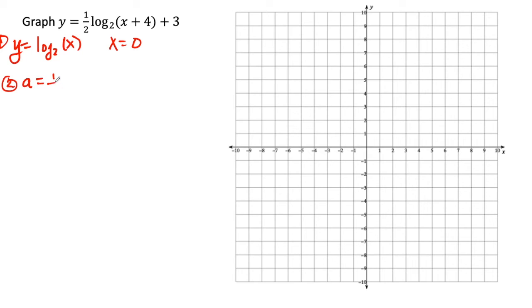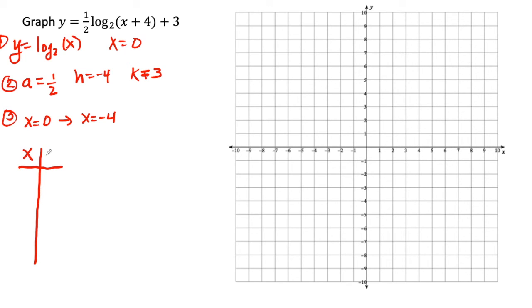So our a value is 1/2, our h value is negative 4, and our k value is positive 3. So I know x equals 0 for our vertical asymptote is going to move to x equals negative 4. Right? It's going to shift whatever makes that 0 inside. So now,